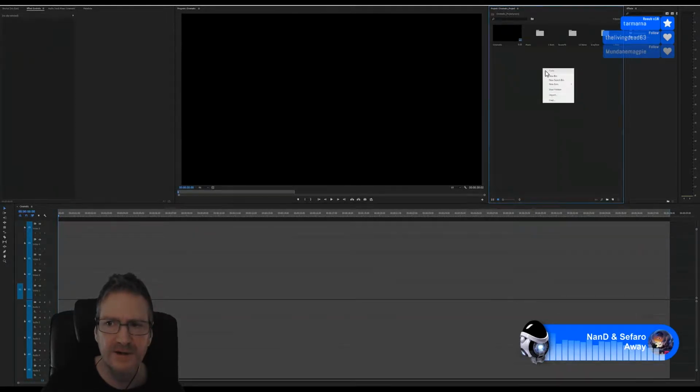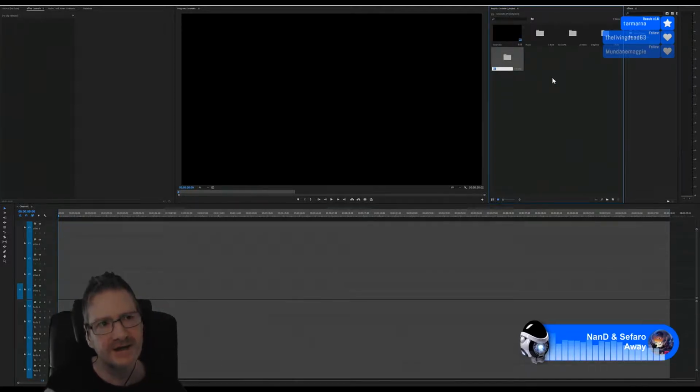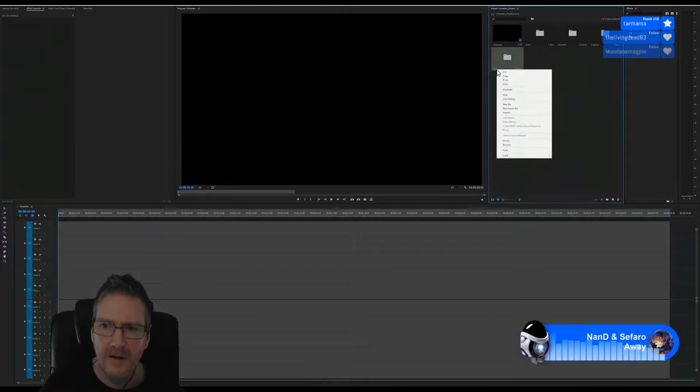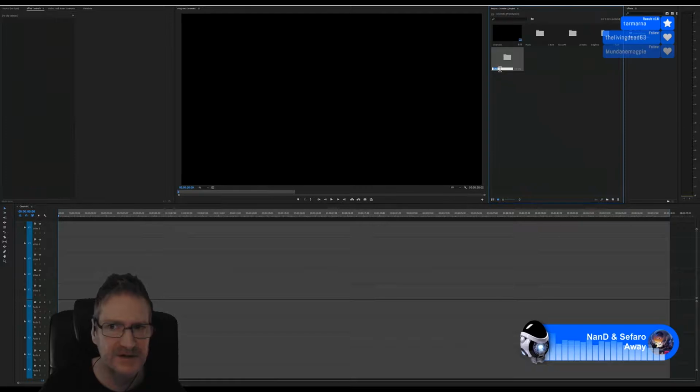Okay, let's create another new bin. And we're going to break up our shot tracks into different sections within the environment. So the first section will be the gate. So we'll make this one gate. I'm just going to rename this one gate video, just so I know it's a video bin.